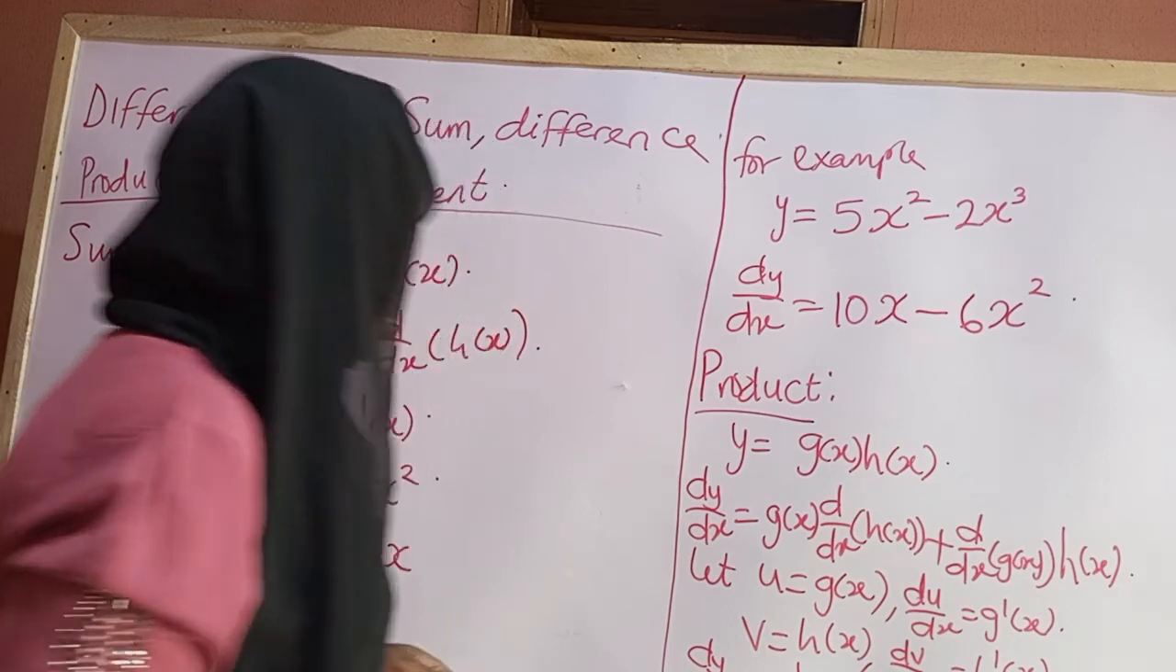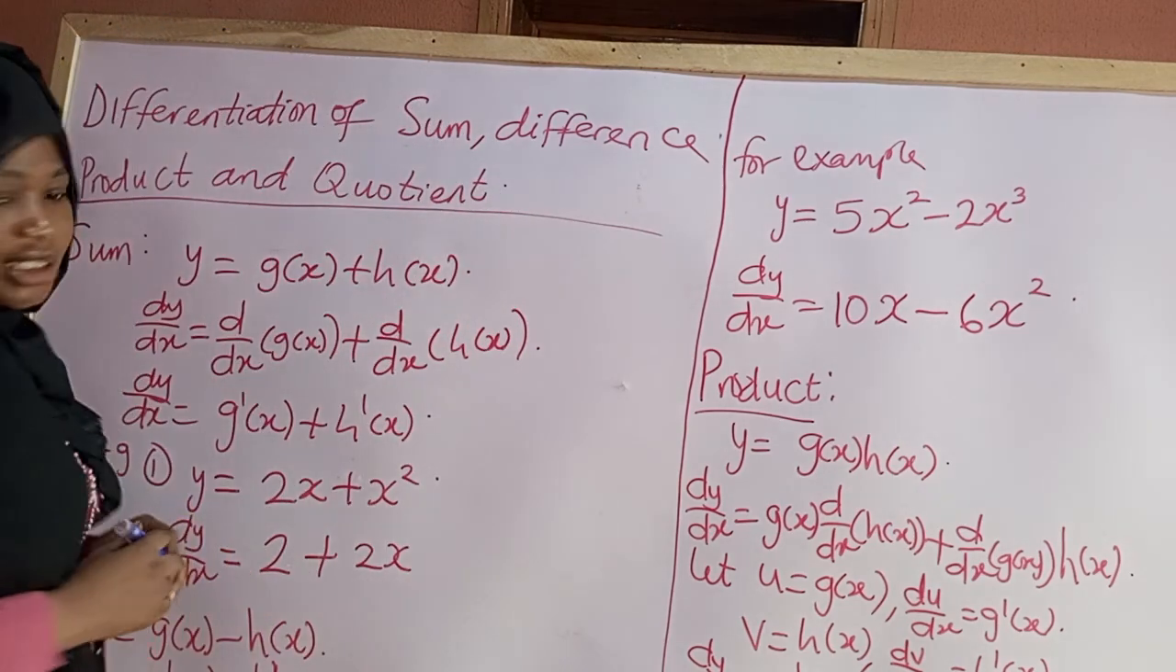That is for the products. Now for the quotients,